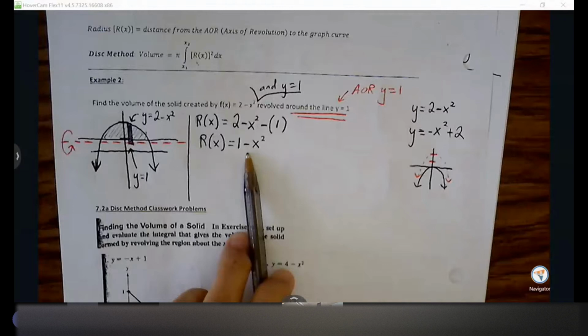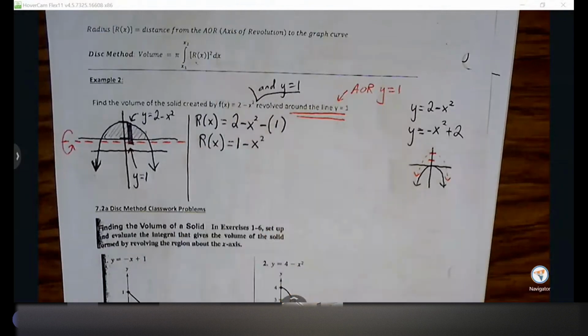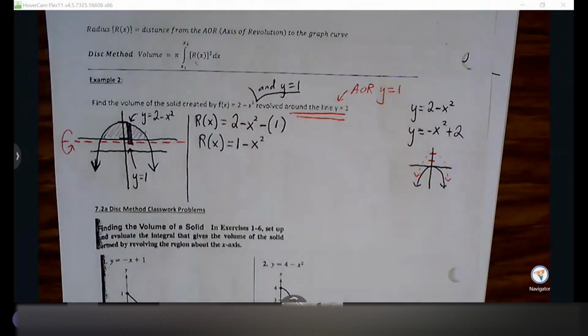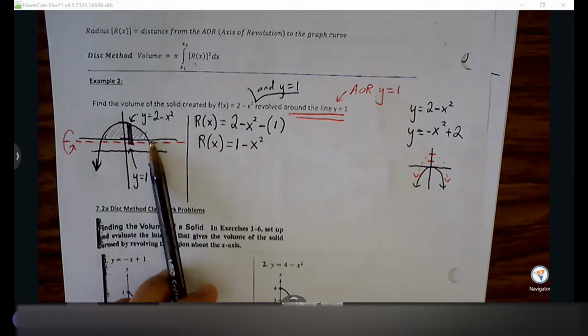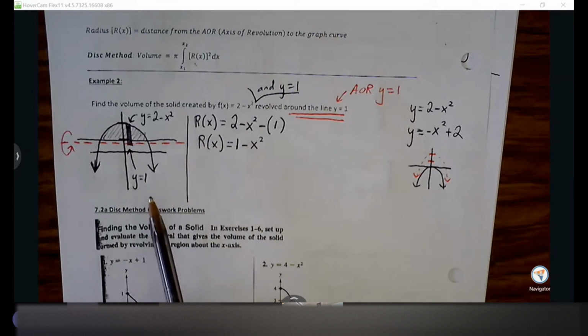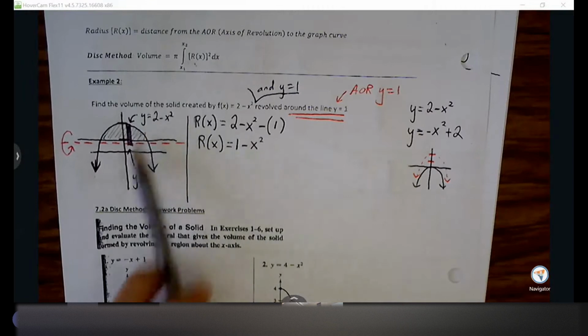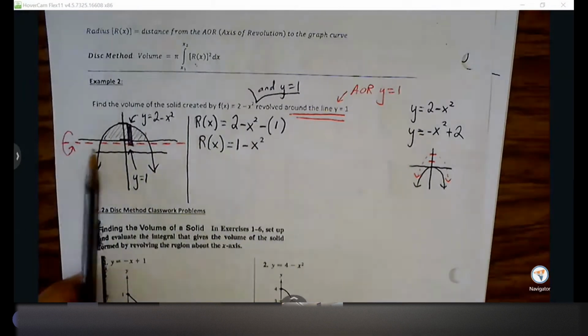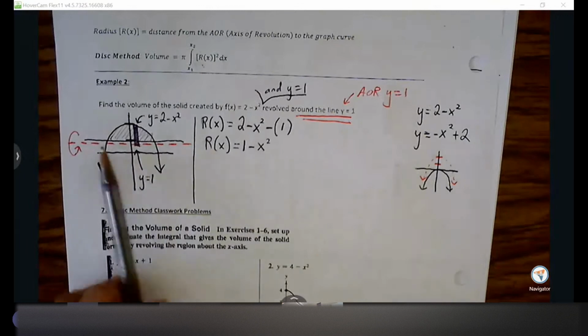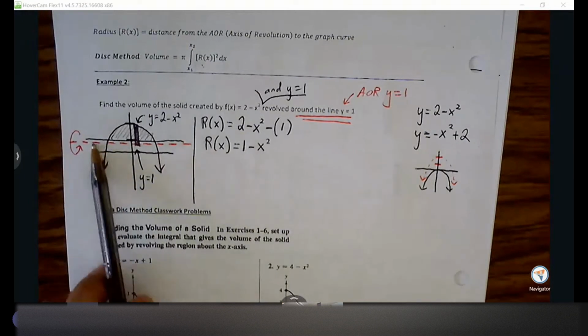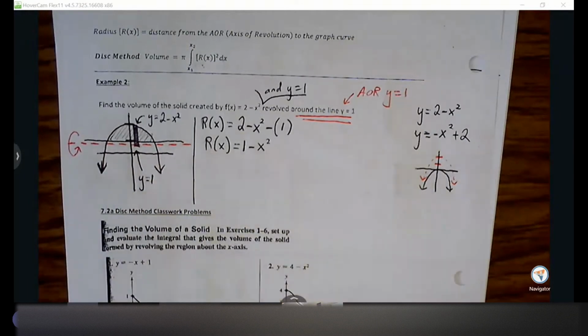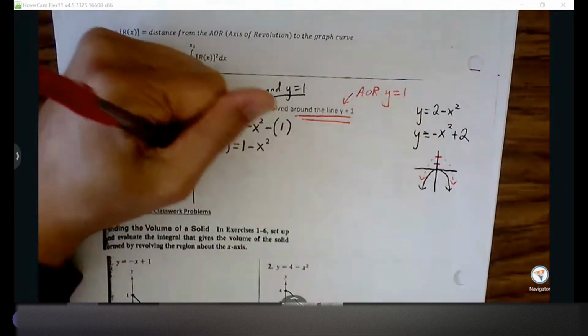Okay, so we have something that we can insert into our formula, but we're still missing what? Bounds. We're missing the bounds, right? And how can we find the bounds? Set the y equals 1 equal to... Sorry, say it again. Like y equals 1 would just be substituted with f of x. Right, so we're just setting the two equations equal to each other. We know that visually the intersection of the graph and the horizontal line is going to tell us where the boundary is. Yeah, so to find the bounds,